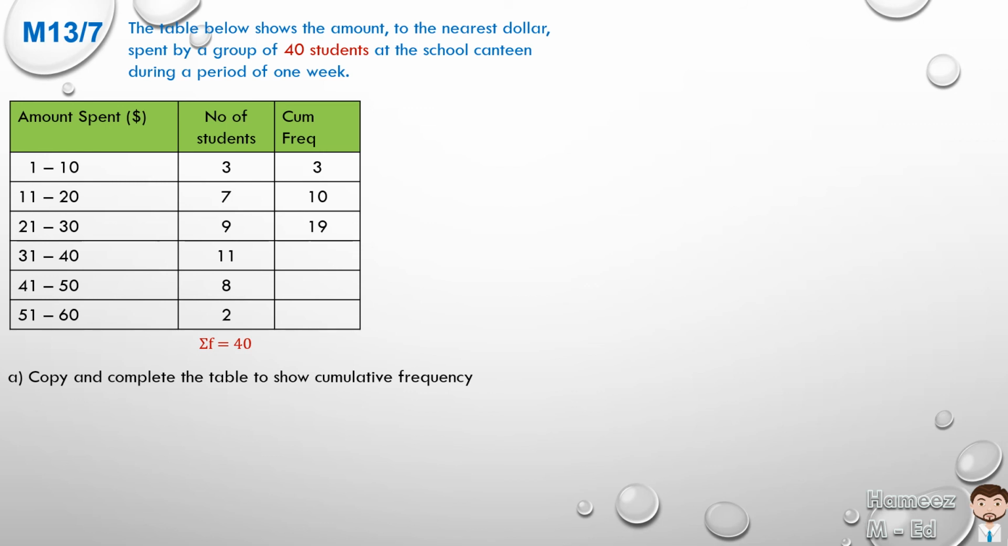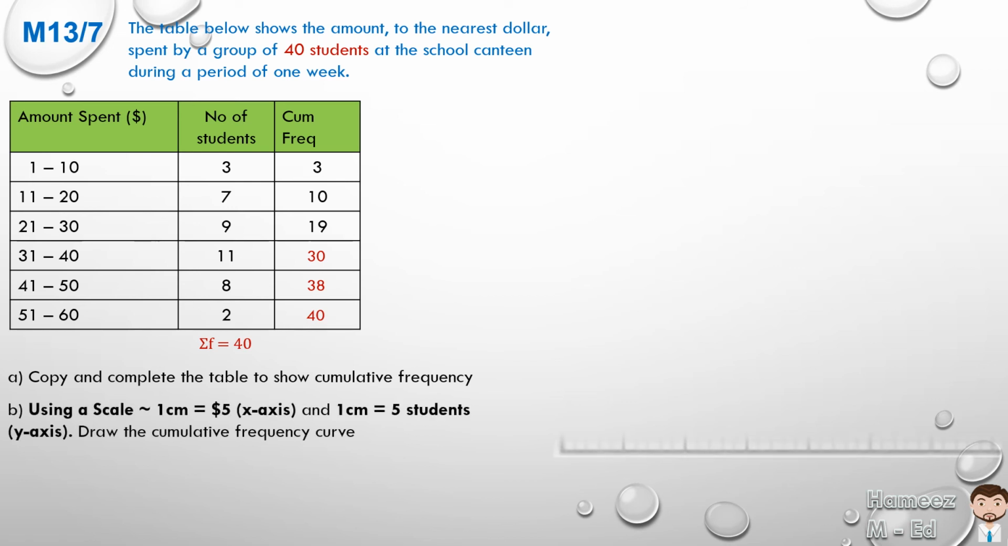And if we continue, 19 and 11 will give us our first value, 30, to add. And 30 and 8 is 38. And 38 and 2 is 40. And it totals just as it said. So it coincides again. Let's go on to part B, which is to use a scale of approximately 1 cm